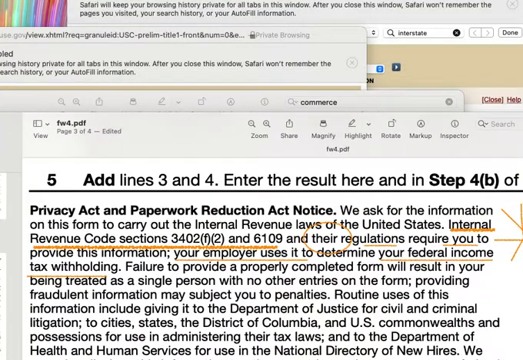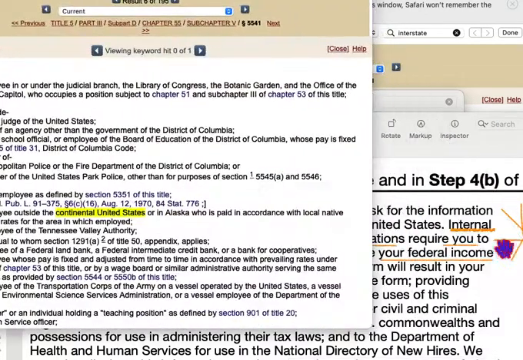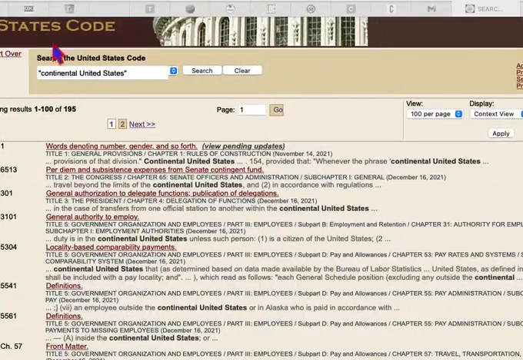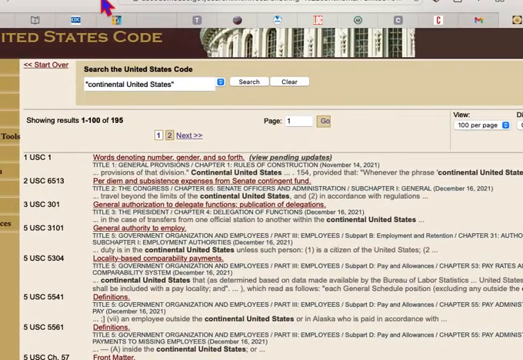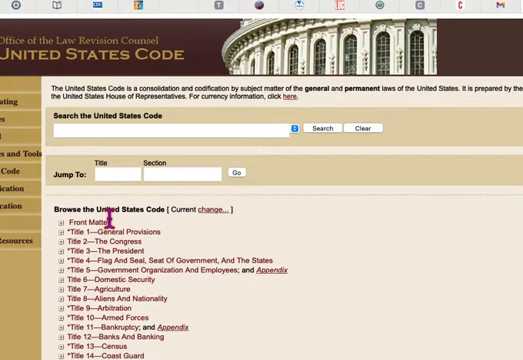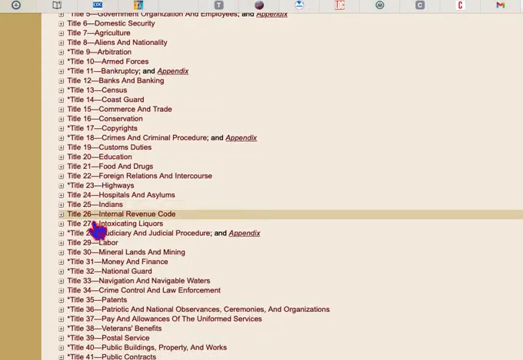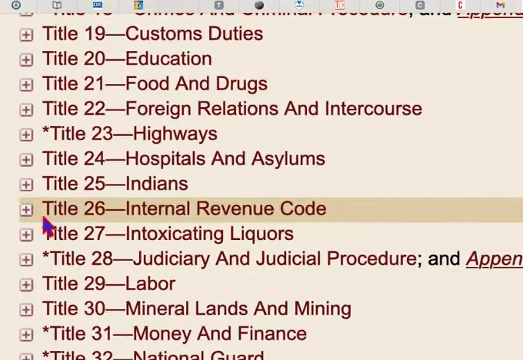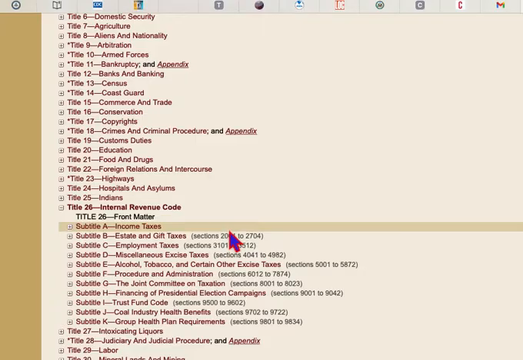We go back to the website, and we see that Title 26 has no positive law citation.